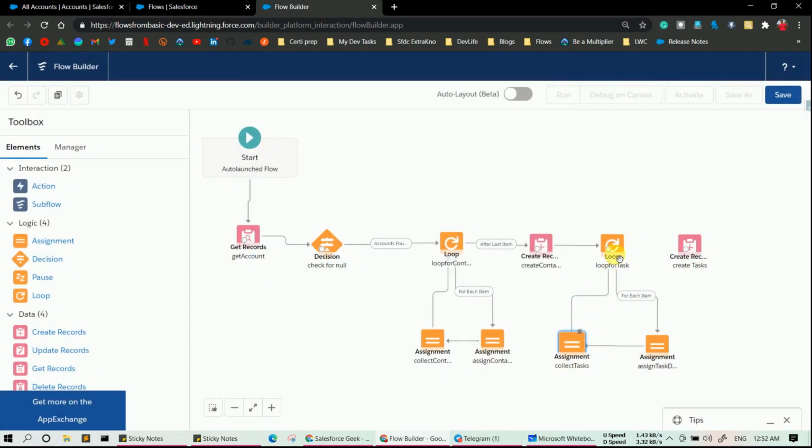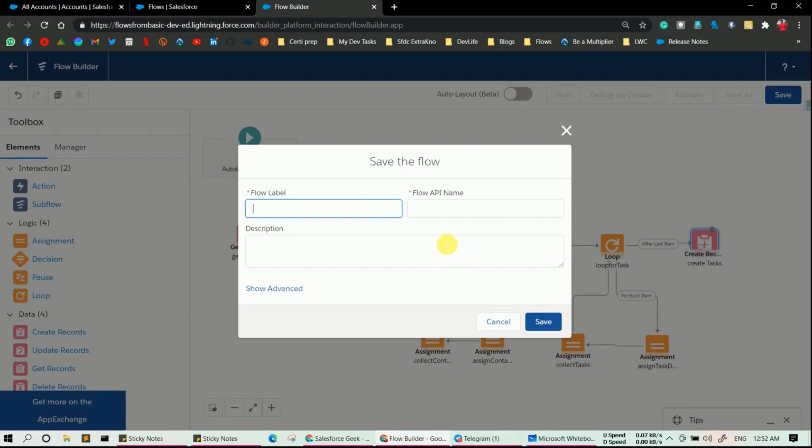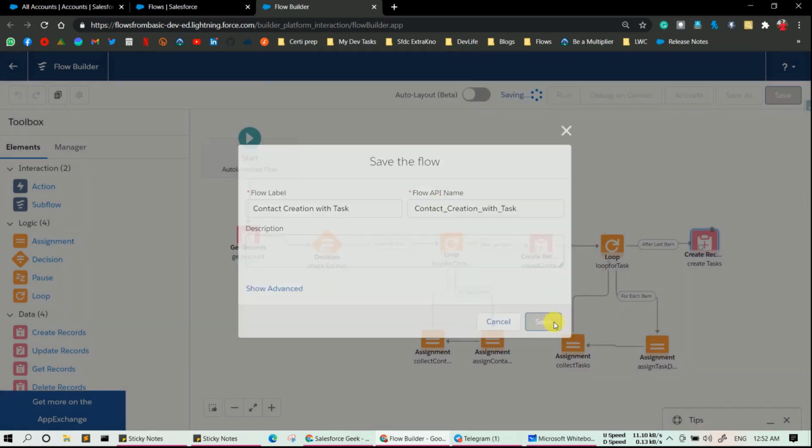Connect your loop to your create record element and simply done. You can save your flow and provide the name, let's say contact creation with task, and simply save your flow.